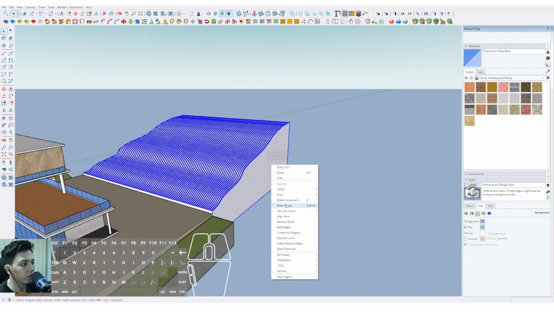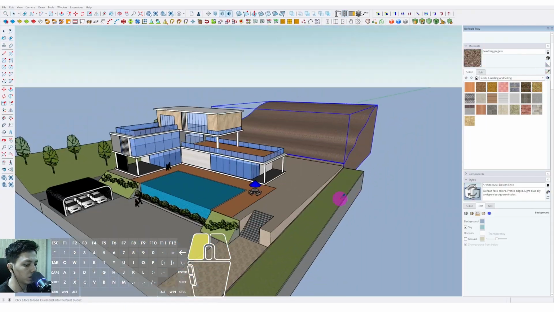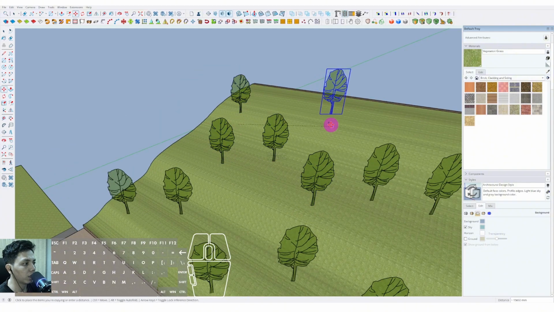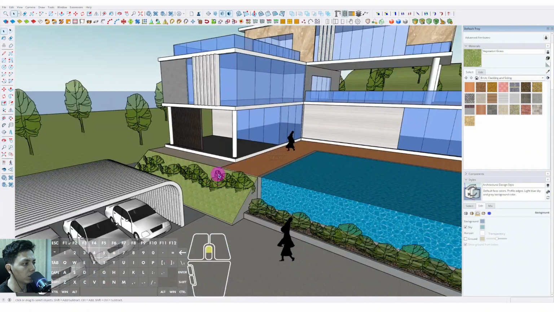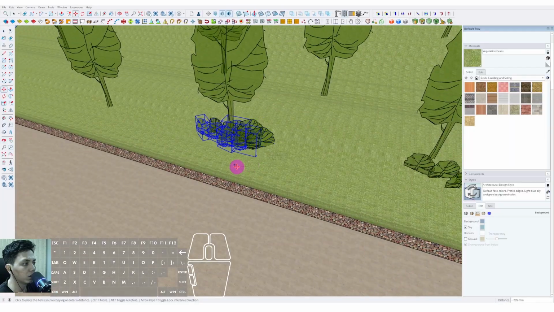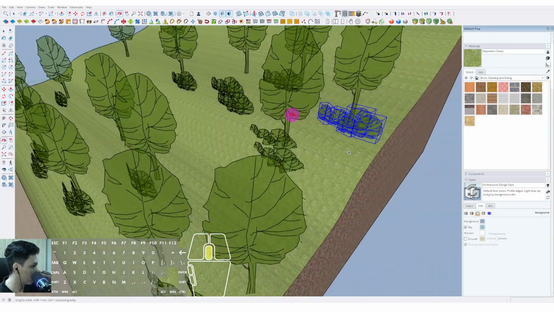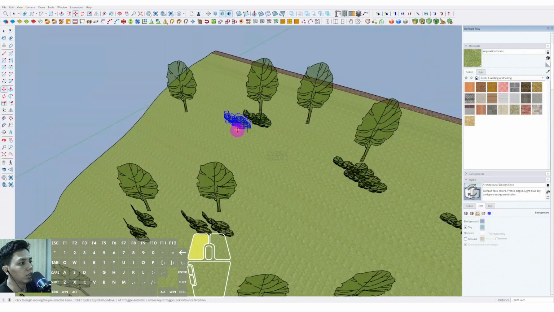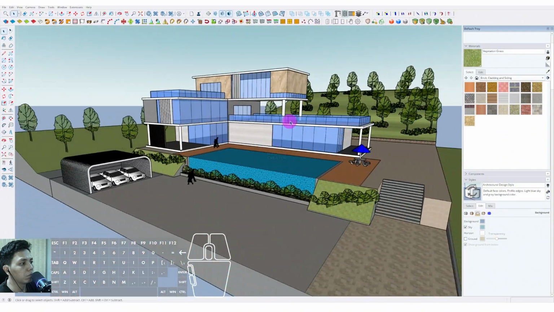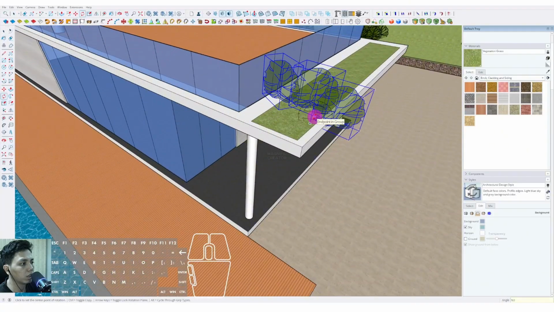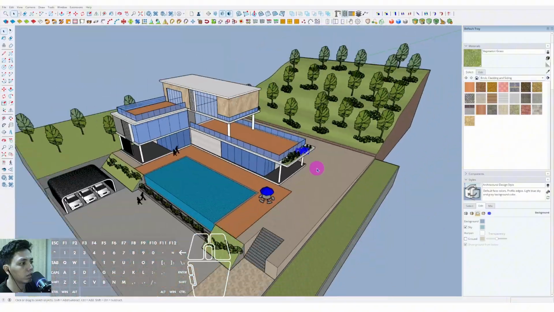I try to make the freehand, okay, to make it more representative. Okay, and after that I put in another landscape, especially the tree landscape, and duplicate the small plants landscape, so it will make it more representative. Okay, and after that I try to extend the cantilever of this floor of this area,